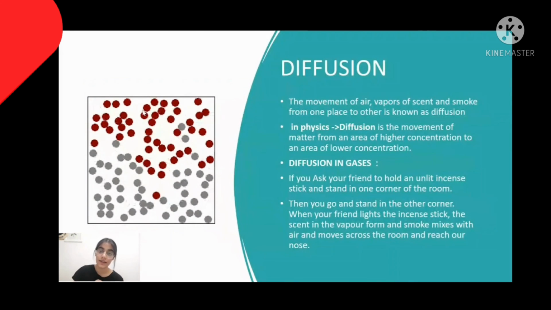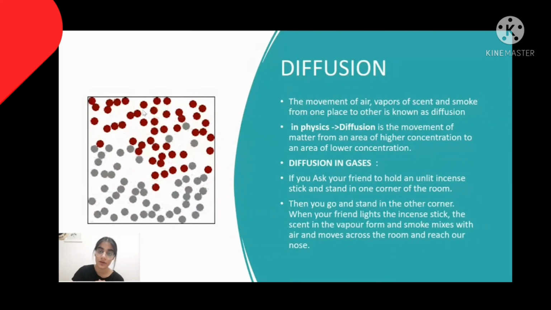Let us now talk about diffusion. Diffusion is